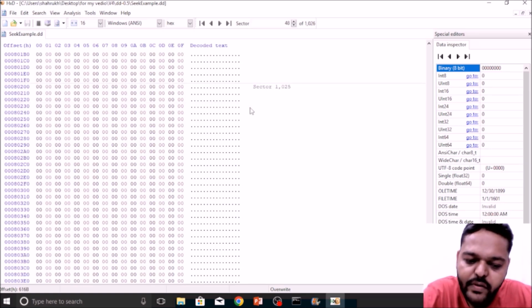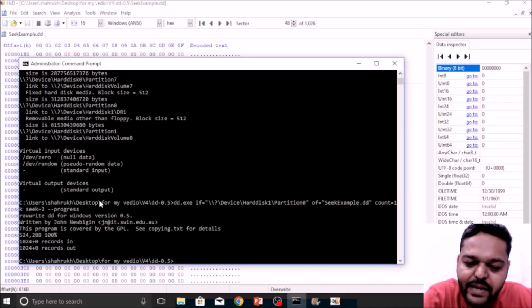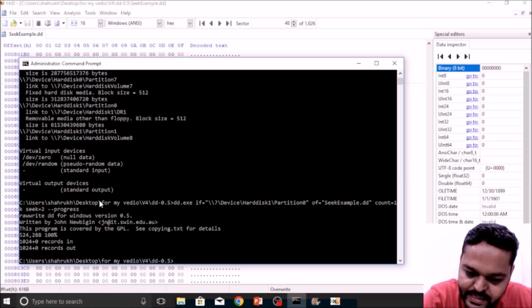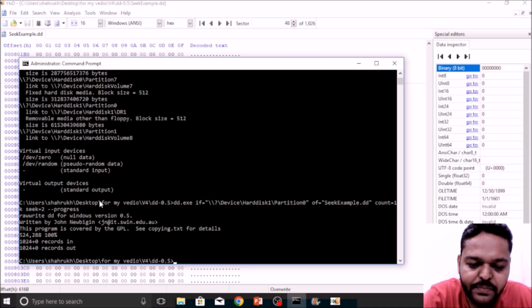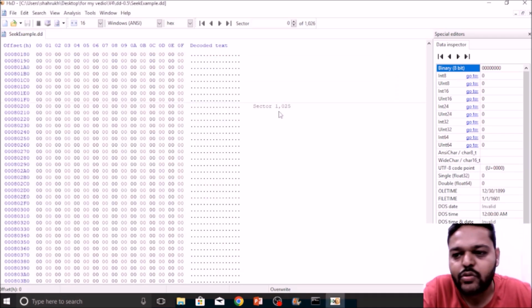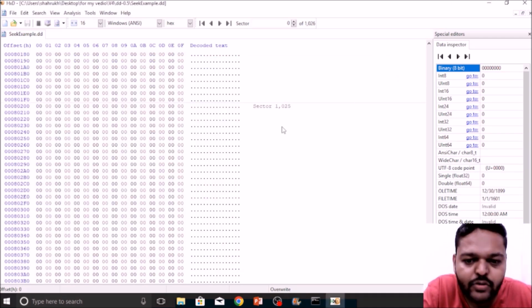Here we can observe that a total of 1026 blocks have been extracted successfully, but when monitoring the progress in the command prompt, only 1024 blocks are displayed as extracted. It's worth noting that whatever number we enter in the seek parameter doesn't seem to be reflected in the progress record. So please keep that in mind. Our goal has been finished and two additional blocks have been extracted successfully.